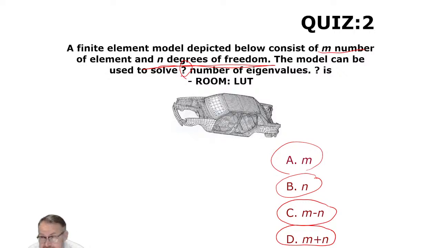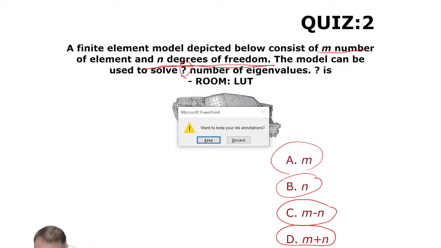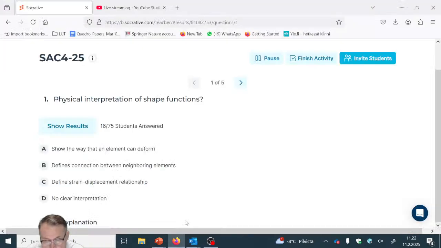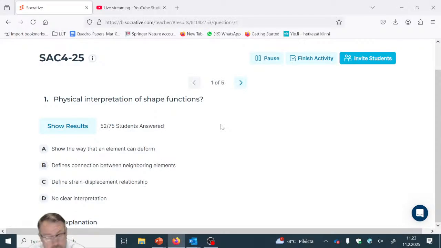I don't know what the others are saying. You agree or you don't? You do not agree. Okay, so let me take myself back here. I'm going to clean this PowerPoint presentation, so if I need to go back, it's going to be easier to do so. And it was this one. Okay, guys, you cannot see this. How is it on YouTube? Still no. No, it comes. How is it on YouTube?